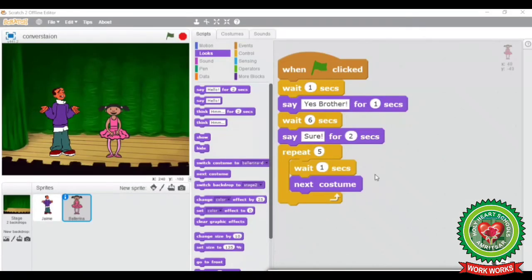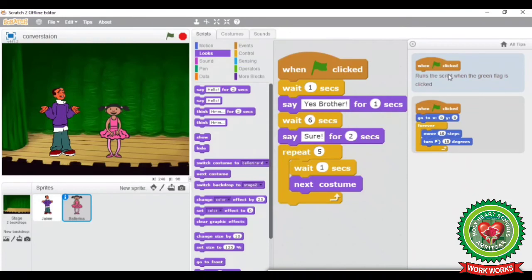Now here you can see just right click on any block and in the shortcut menu you will get help option. Here you will see all tips block will appear where you can see the working of this particular block and how we can use it with another blocks.